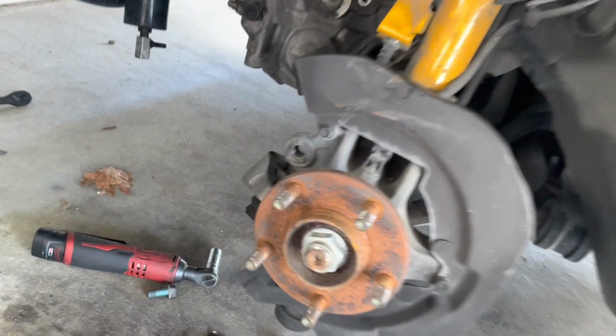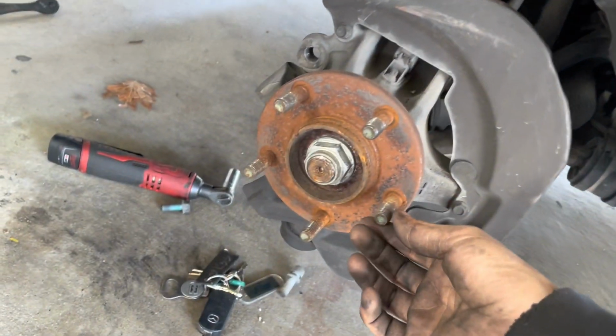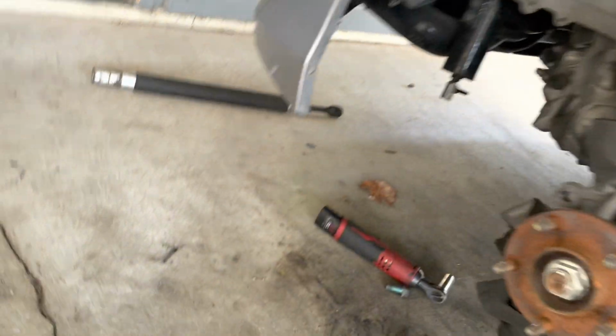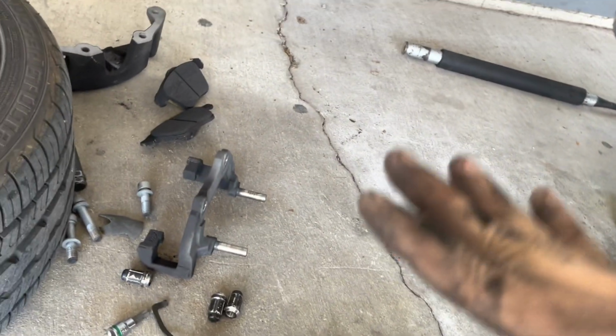At this point, I would replace any of the studs that you might need to be replacing and hammer them out. I know I need to replace some studs on the other side. I didn't get prepared to buy studs as of right now. Obviously, I don't have a second car, so I can't buy any studs, but on the other side, I will hammer them out for the next time I do come and actually paint my calipers, which I am going to